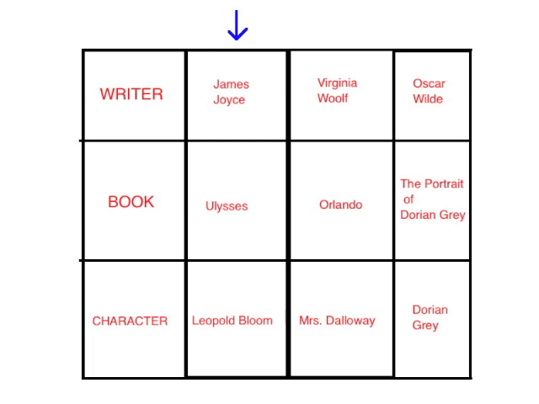So you can see here in this little grid I've drawn for you, three writers, Joyce, Woolf, and Wilde, reading left to right. Three books by those writers, Ulysses, Orlando, The Portrait of Dorian Gray, and then characters from their oeuvre. And they don't all have to be together, right? But I have that arrow from Joyce.